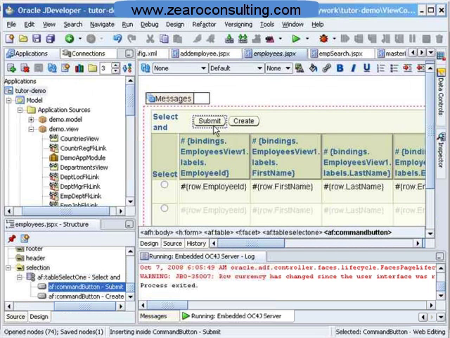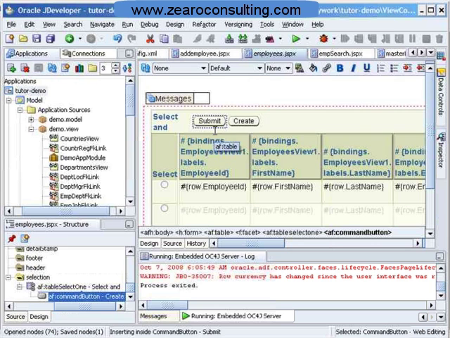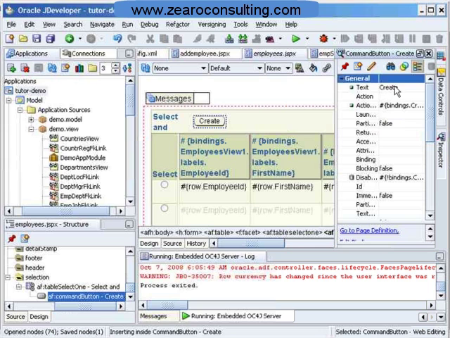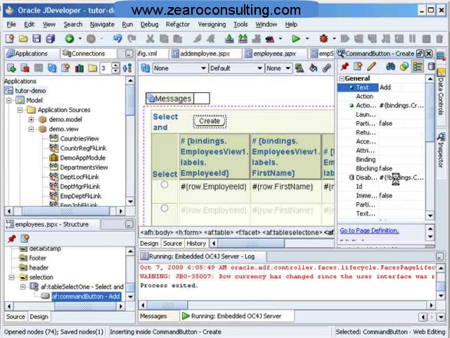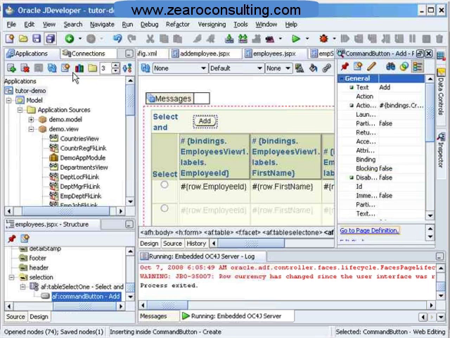Let's now delete the submit, and I will make this create as add. Sometimes it may be disabled by default, so I will make it as false so that it won't be disabled. Right? And let's now go to